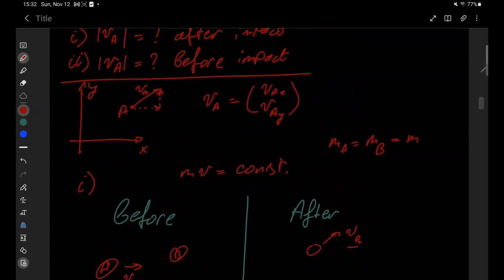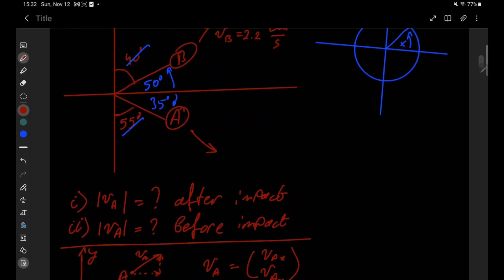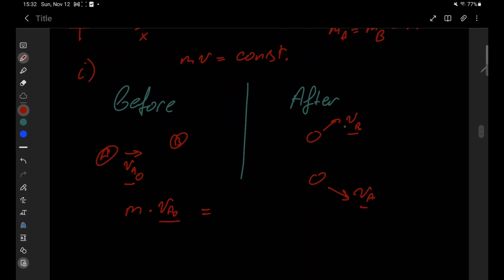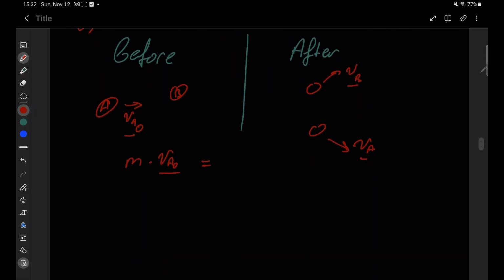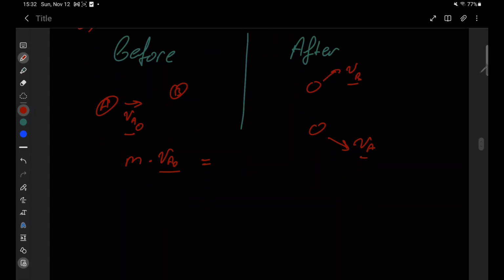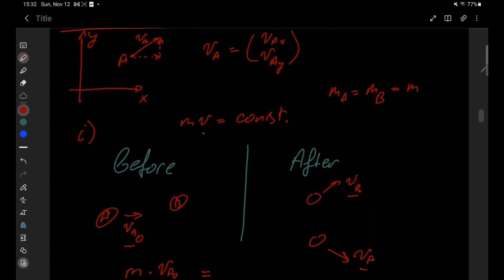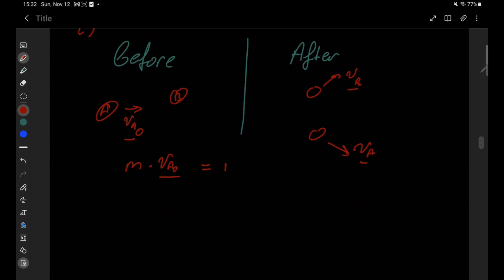We have them in the original problem. We also have them here in our first graph. They're just there to show how steep the velocity is compared to the x-axis. Let's just write this for the after case. Well, really simple. VA plus,